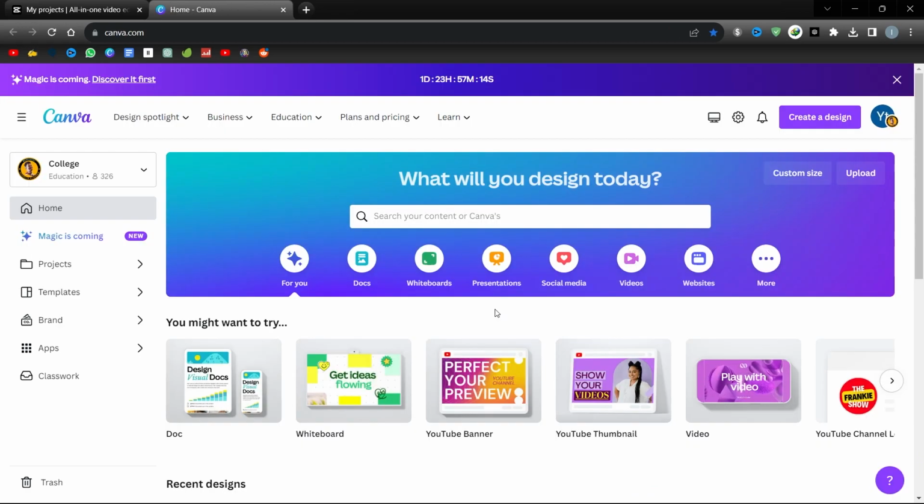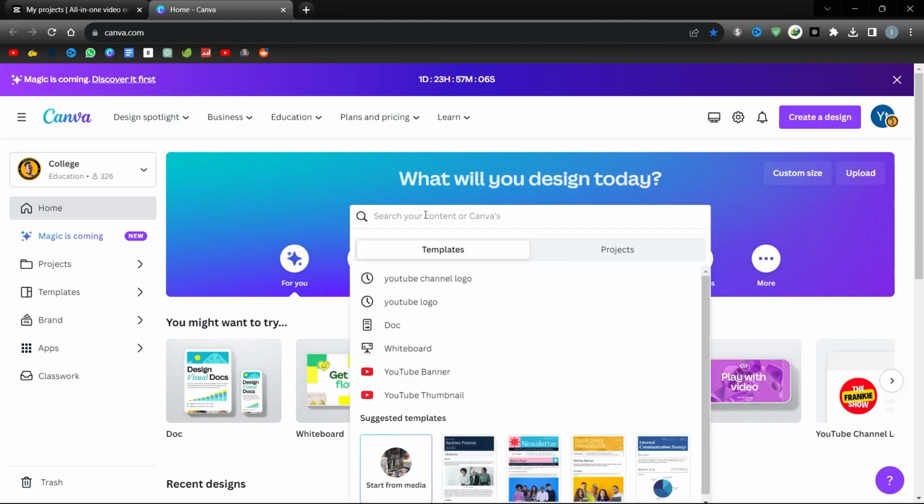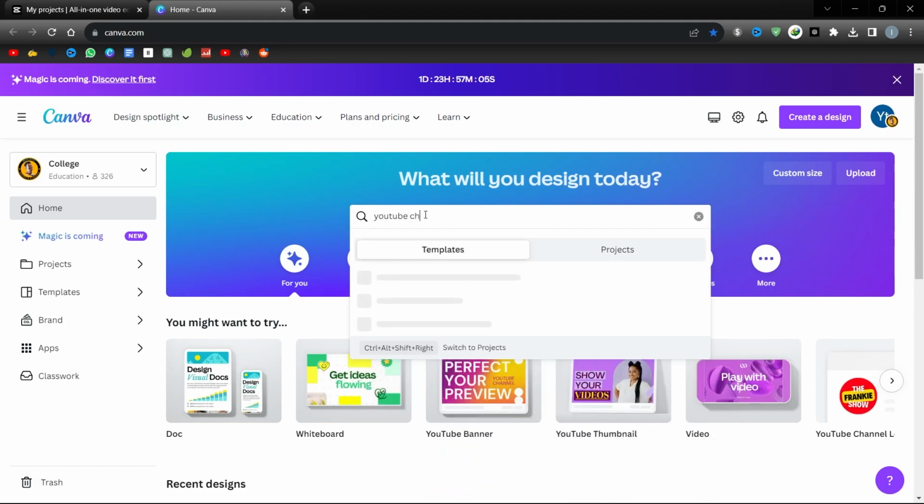More importantly, though, is the way your channel looks, your channel identity. Having a consistent theme and identity across your channel will help you to see an increase in your subscribers quickly. We're going to use Canva for that. It's free to use and also has a 30-day free pro trial.